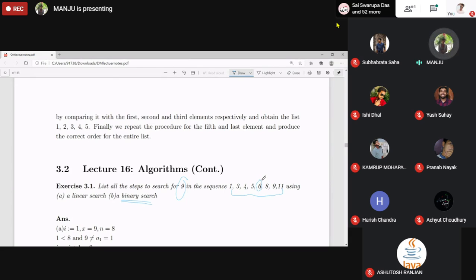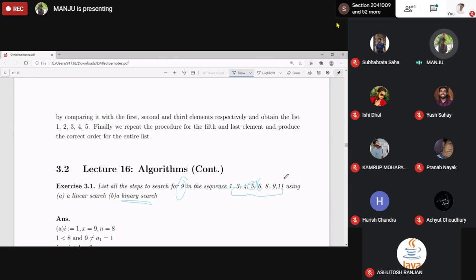So 9 is greater than 6. Yes. So it will discard this list. Now it will compare with 5, not 6. 5 is the fourth element. So it discards all these 4 elements.